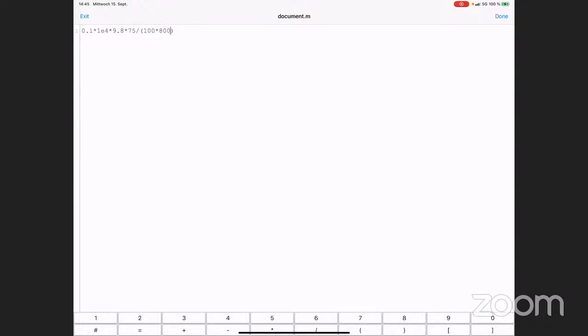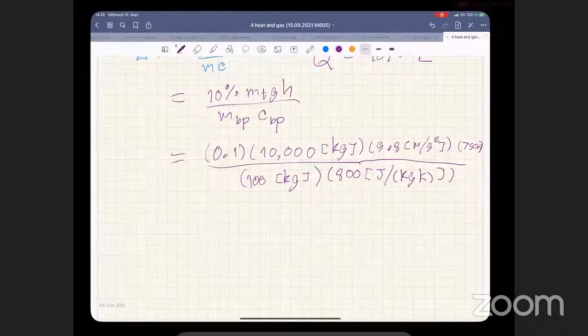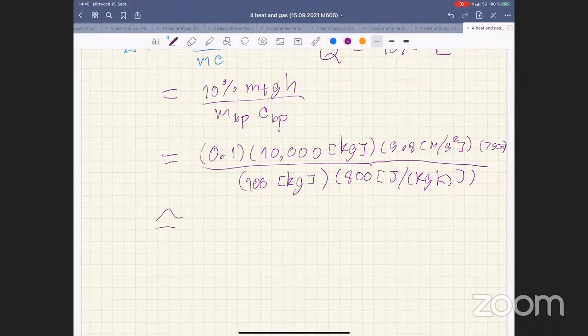And we got this and generated 91875. The unit is of course Kelvin, but if you want to represent the increase